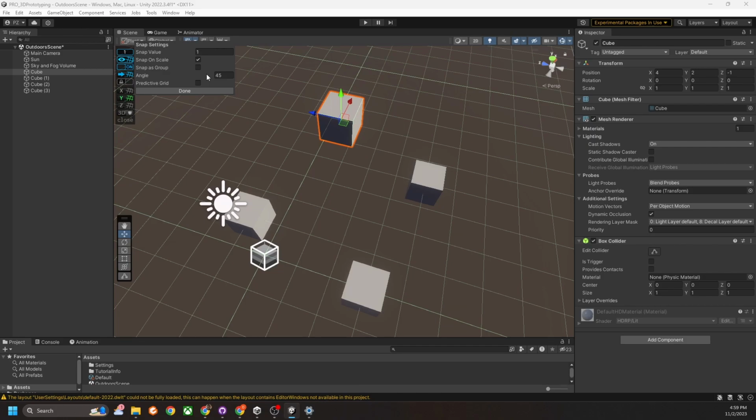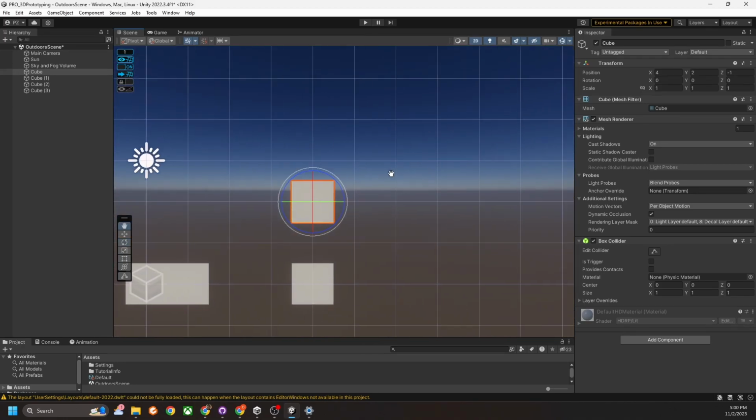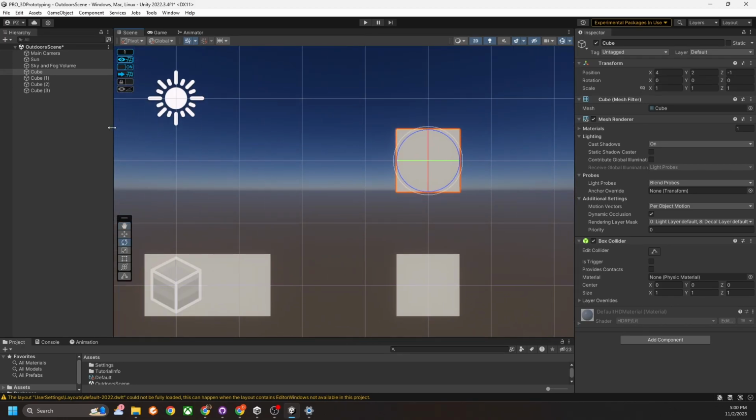Alright, so then we have an angle field setting 45. It doesn't mean if I right now will rotate my cube, it will snap to 45 degrees. No, it doesn't. It still is the same as the default rotation. But what does this angle 45 mean? It means that if I will look at our object from the side, for example here, I can see that on the toolbar we have different set of options. We don't have those axes anymore. We have